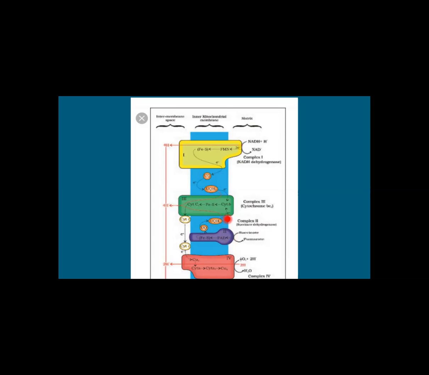It can accept from either side and then transfer the electrons to complex 3, which is cytochrome b, FeS and cytochrome c1 complex. With complex 3 you can also see 4 protons thrown into the intermembrane space, and electrons are passed to the mobile electron carrier, cytochrome c, which is located on the outer side of the inner membrane, and then transfers the electrons to complex 4, which has 2 copper centers, CuA and CuB, and cytochrome a and a3.